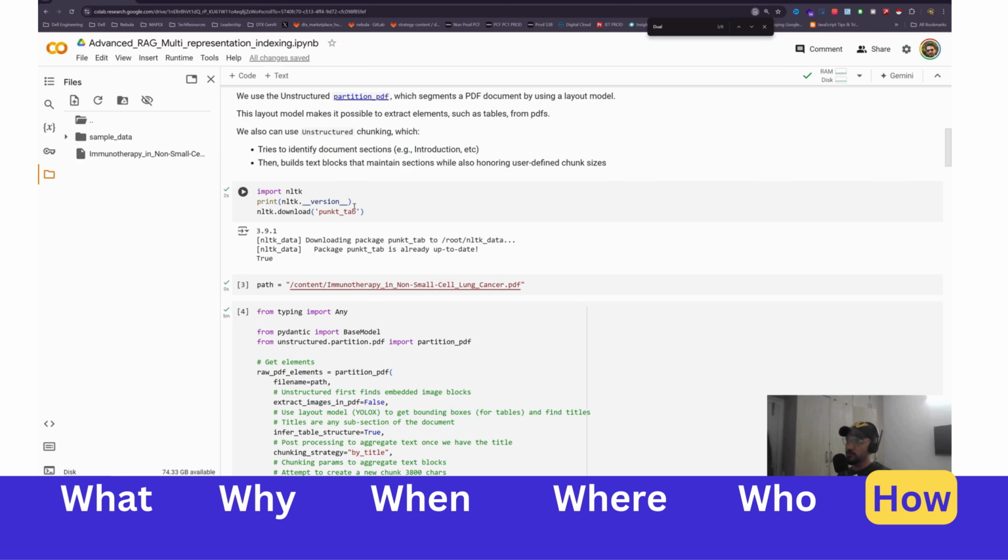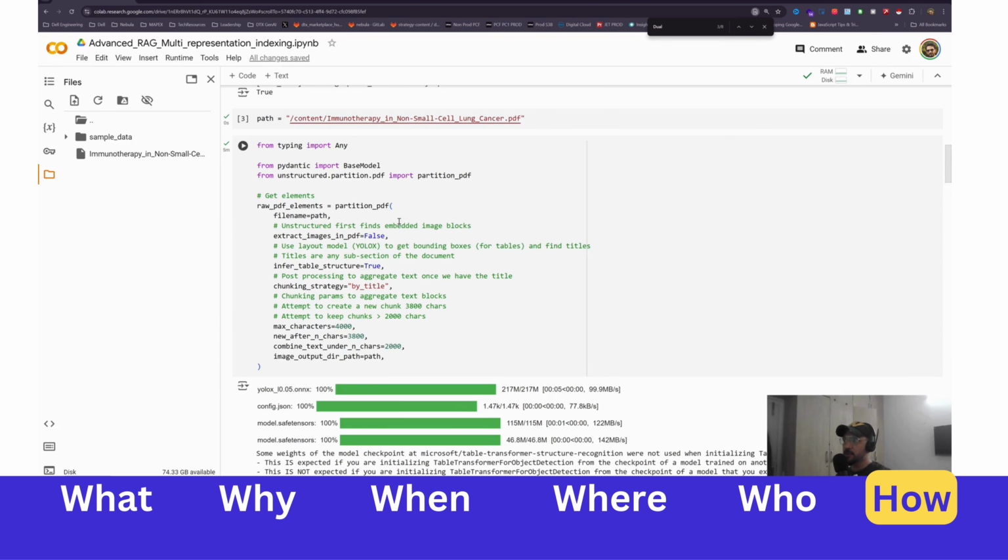You want to check that we are using unstructured partition.pdf here to convert the PDF into two representations. One is the table data, or the table elements, and the other is to extract the text elements. These are the settings that you'd want to give. Because we are not using an image, I'll set this to false, and